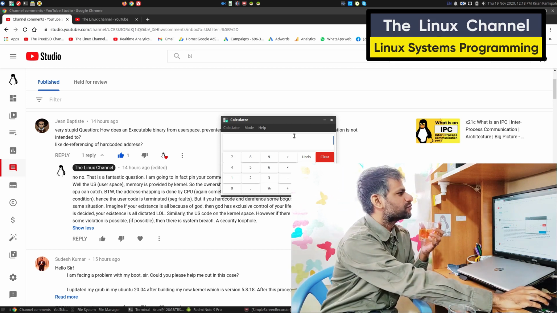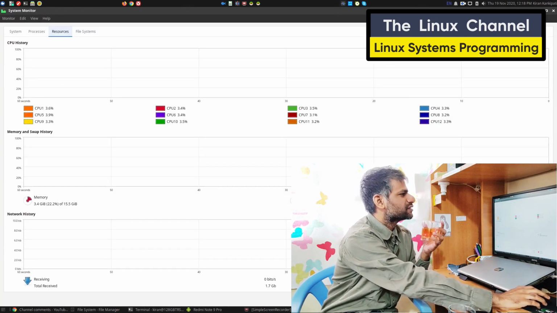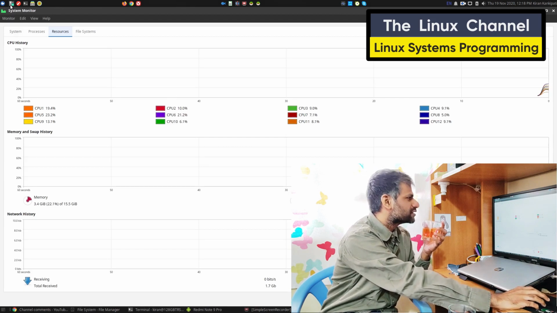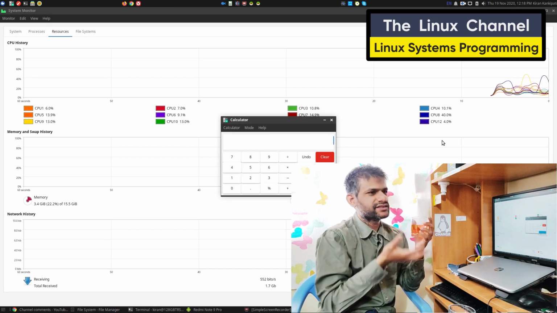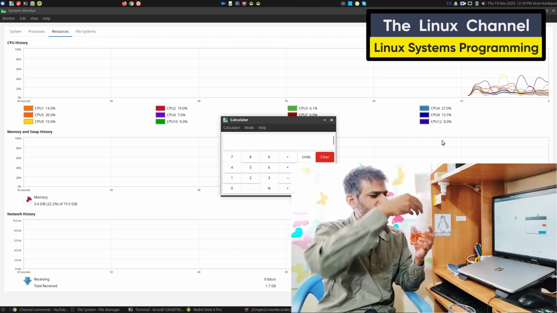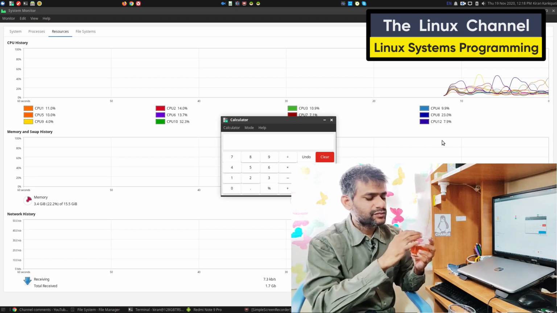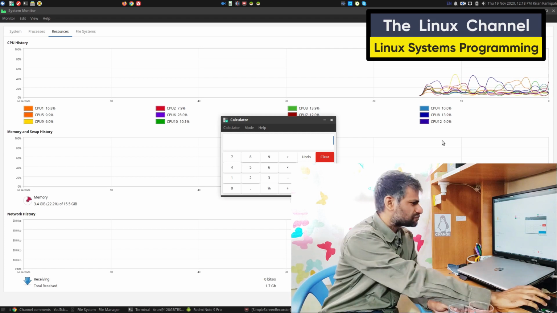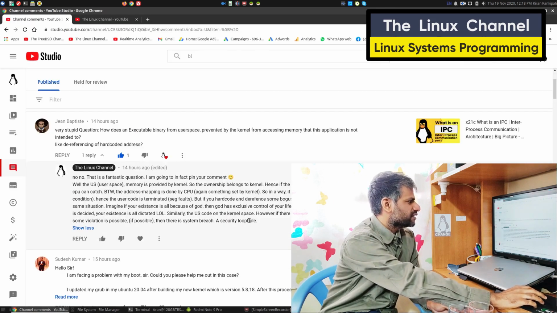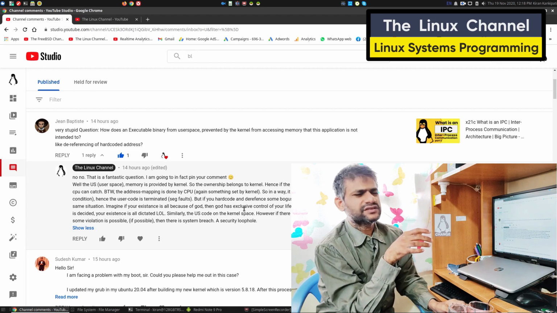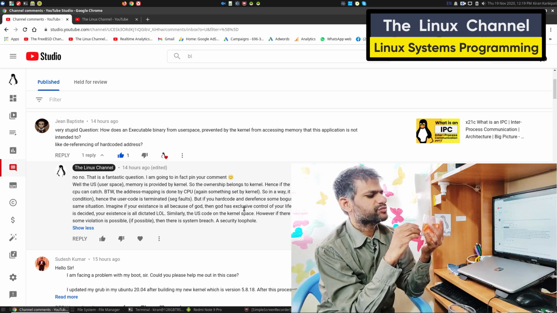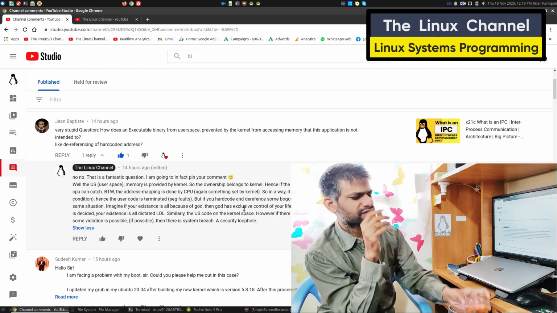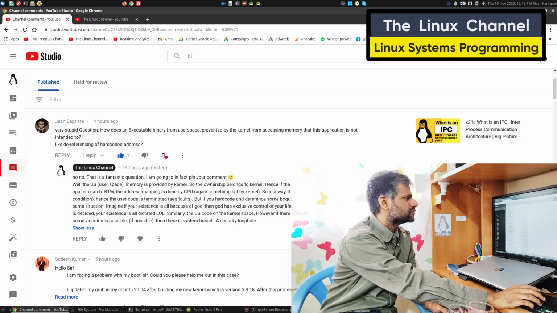So every time you spawn any process, say I'm opening this system monitor app, each time the kernel creates a new address space, so that the process can thrive within these boundaries. Hence I told him that there are exceptions if there is any system security flaw or some CPU security flaw, because this is partly managed by CPU hardware offload. In fact, you can search about it in Google.